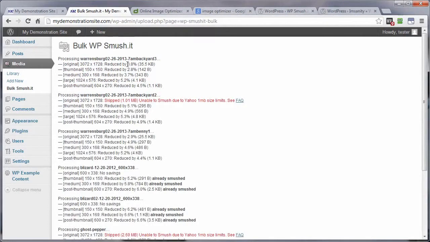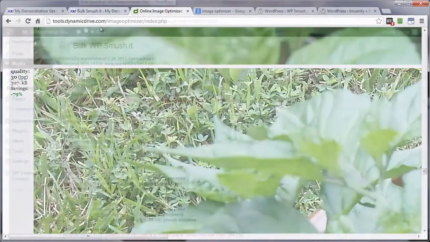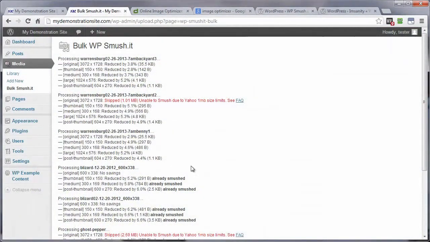And you can see here the reduction size percentage-wise is nothing compared to that of the Dynamic Drive option, but still every little bit helps. And that's an example of how you can do an on-site reduction versus the off-site reduction. But from this point on, you should always try to do the off-site reduction first before you upload the images